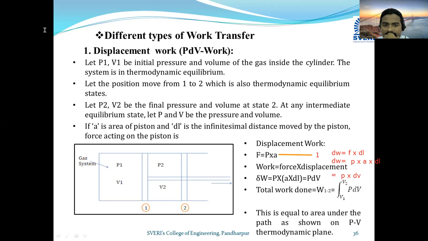Write this equation. W1 to 2 is equal to integration V1 to V2. Instead of saying 1 to 2, you can mention it as V1 to V2, P dV. W1 to 2 is equal to integration V1 to V2 P dV. Therefore